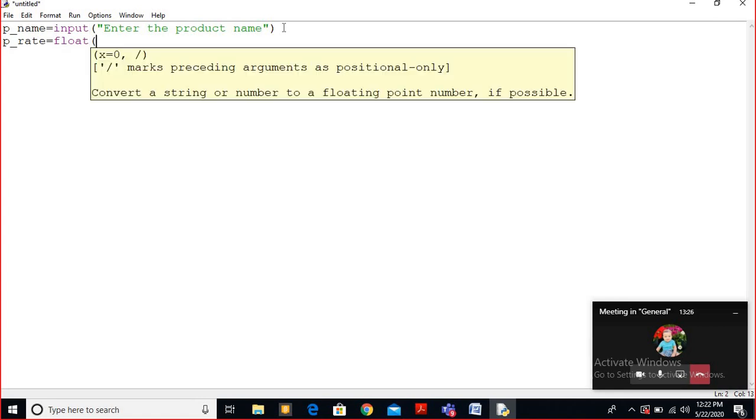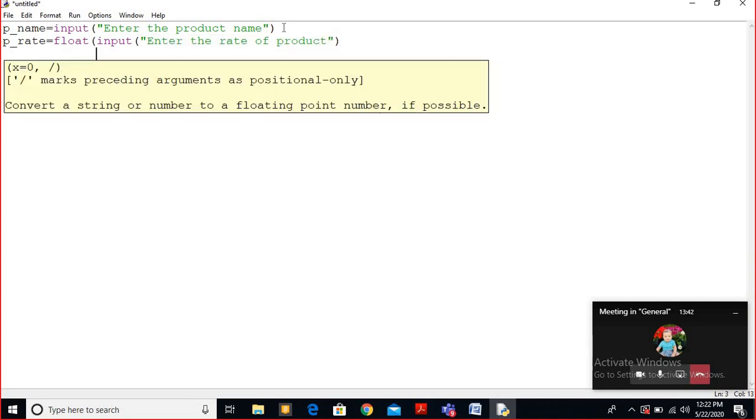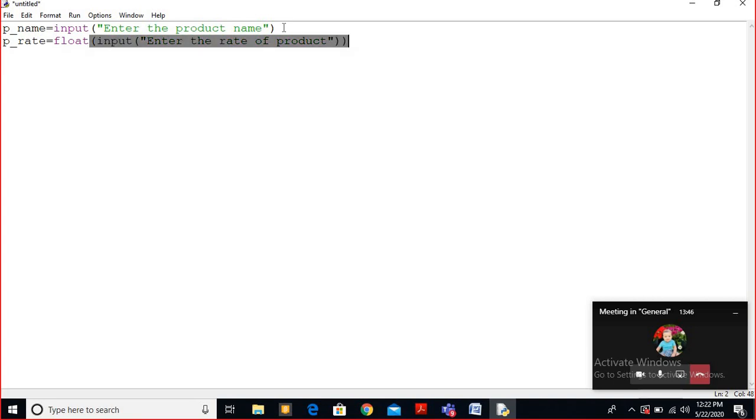Then input, with the message enter the rate of product. Two brackets should be closed, that's why it's giving you the error.